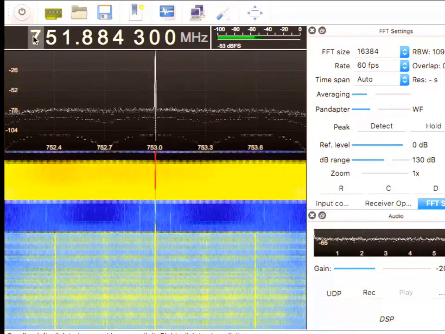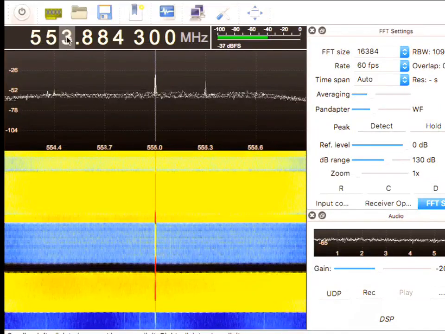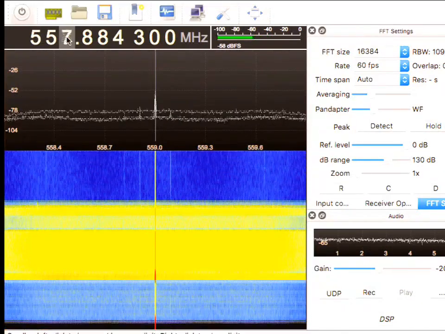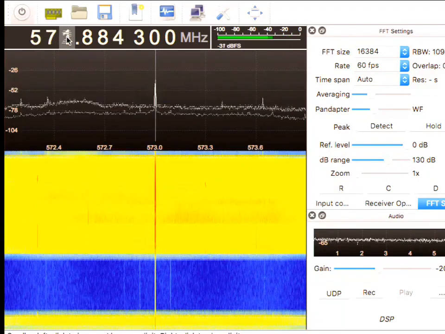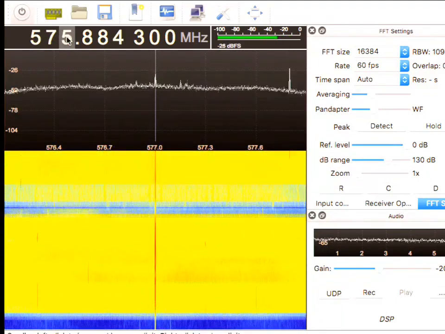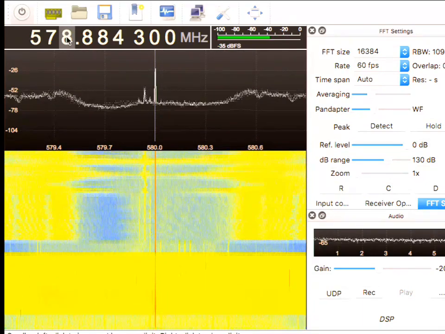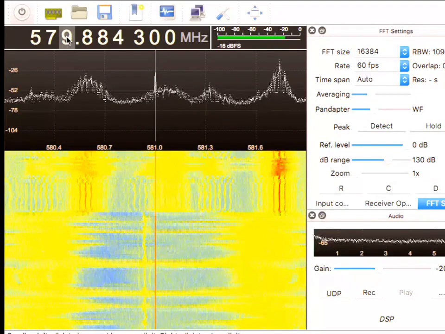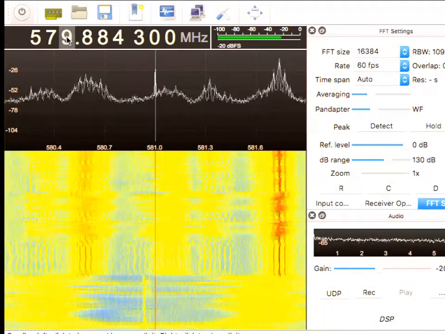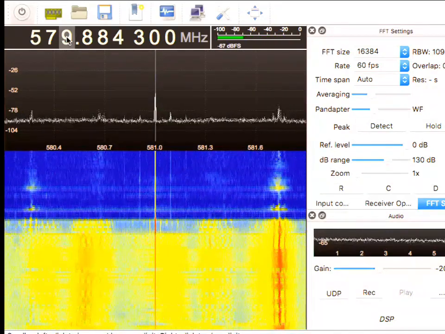That is a frequency where I'm going to look for my voice. Hey, I think that's the one. Okay, I'm going to take off the antenna, so the gain is reduced.